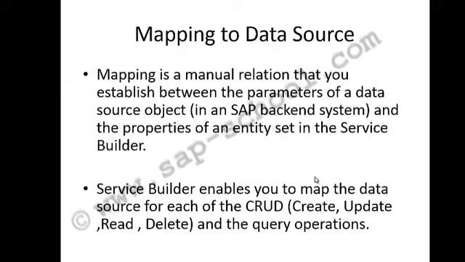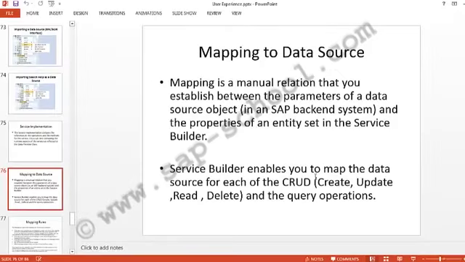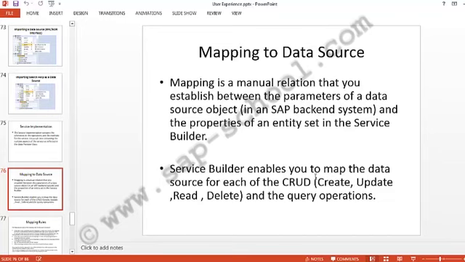So in the service builder, we can map the operations, we can map the types for the data sources, which are RFC and BOR. So the mapping can be created only for the remote function calls or the business objects repository. So now let's see how we can create the mapping in my SCGW command. So basically we can map the entity sets with the embedded complex type, delete the mapping for an operation, or we can update the mapping information. So the process for it is that each entity set that is listed in the service implementation folder has the default operations to which we can map the data source.